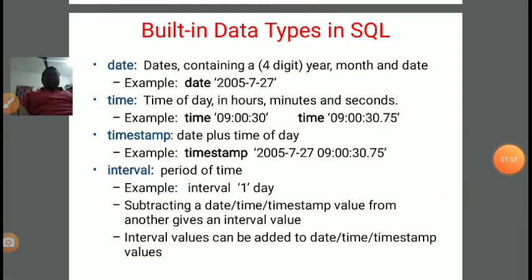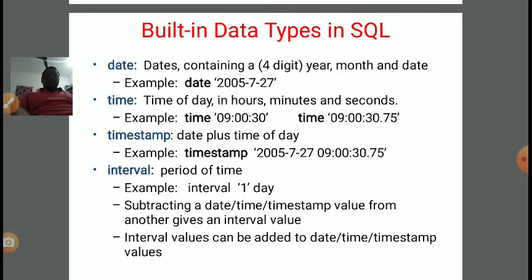Similarly, the second is time. Time of day in hours, minutes and seconds. For example, first we need to write hours, after that minutes and then seconds. Suppose we want to denote the time 9:00:30, that is, 9 hours, 0 minutes and 30 seconds.